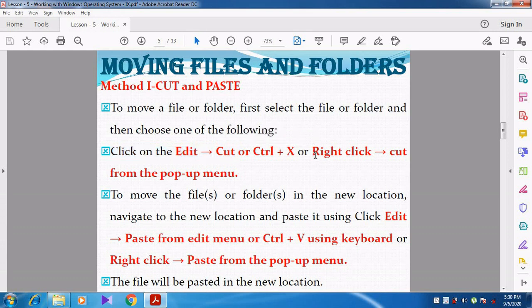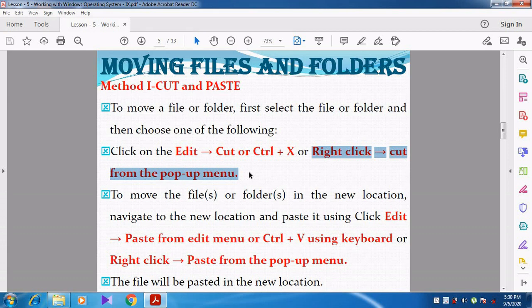Or else we can right-click the file or folder and choose Cut from the pop-up menu, so that the file or folder will be removed from the source.